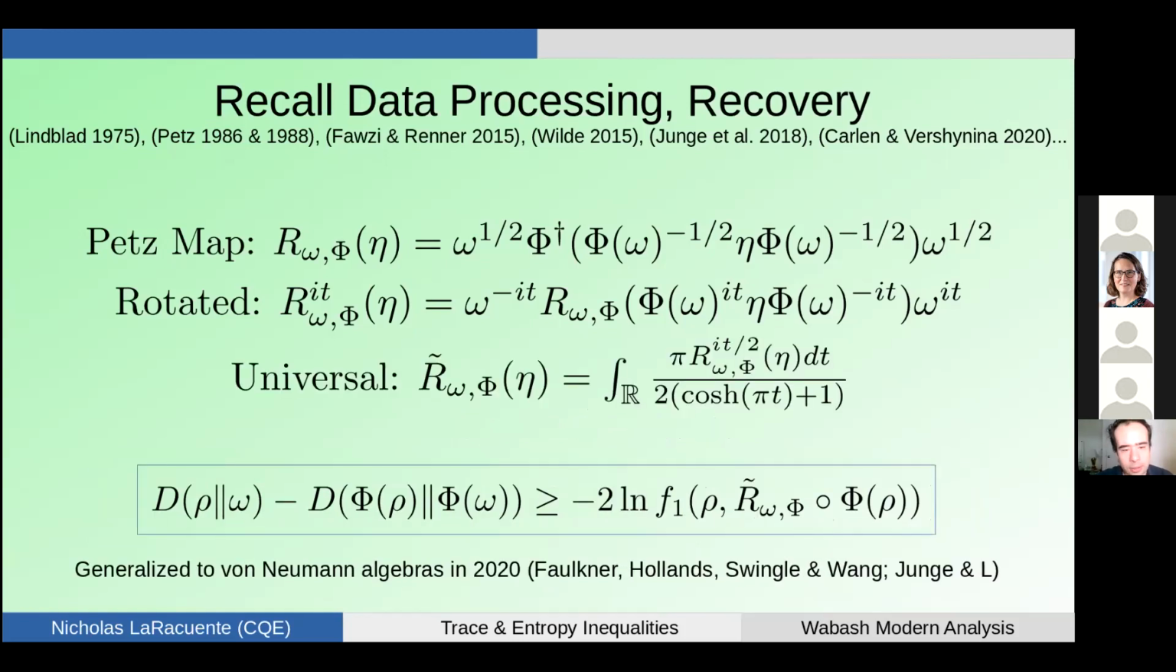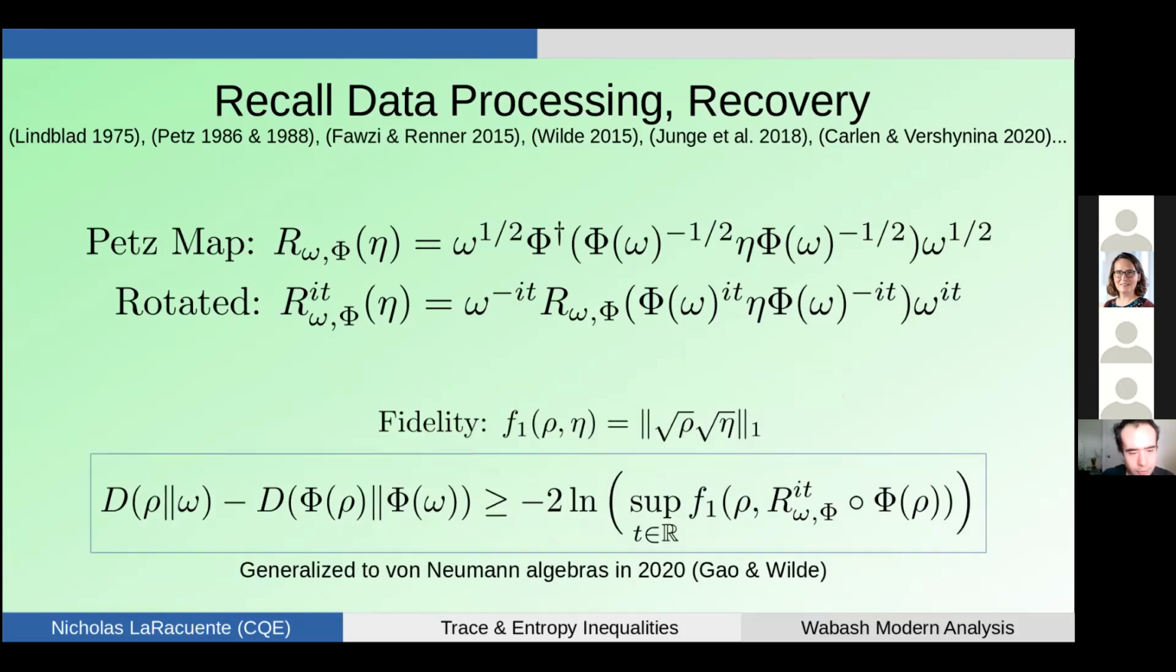Then this was later extended to a universal recovery map. And this universal recovery map sort of takes this optimization, integrates over it, and can bring it inside. And what that means is that now we have this R tilde omega phi, and that really only depends on omega phi. There's now no longer any way for a rho dependence to sneak in. And so this was another step in this progression. Now,